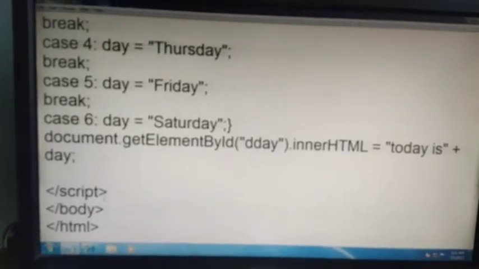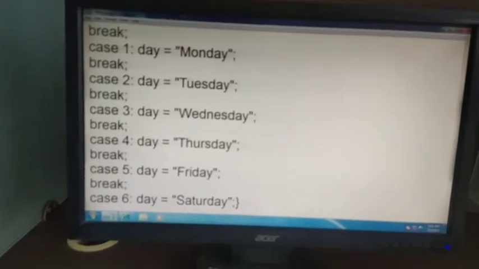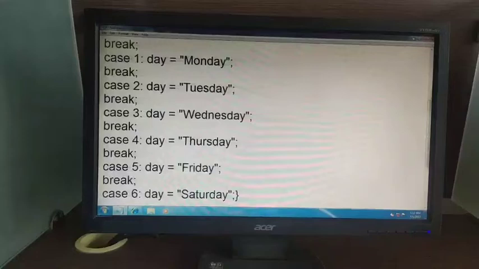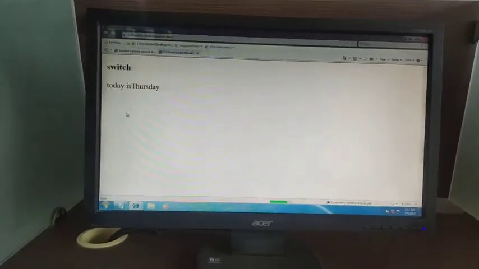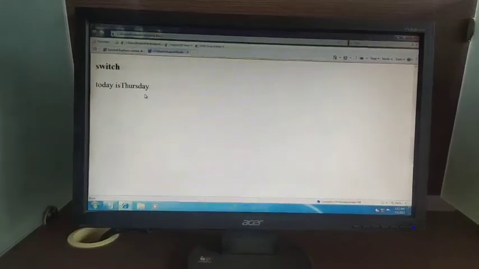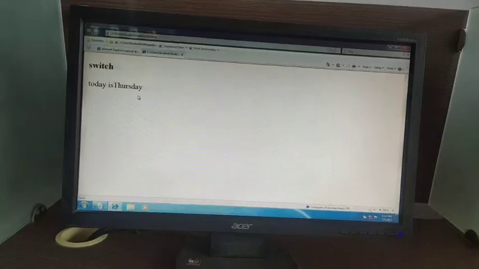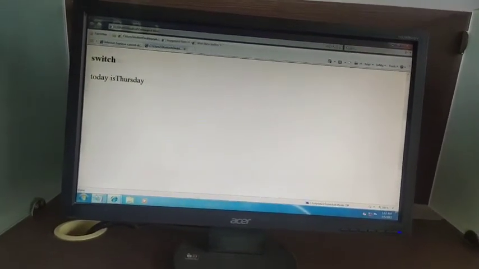Now I am showing you the output. Look at the output. I am just doing refresh. Today is Thursday. It means whatever date you are running it on, the program will show the day of that particular date.